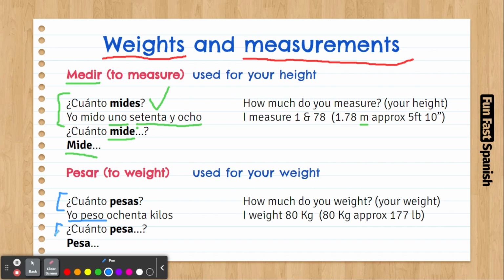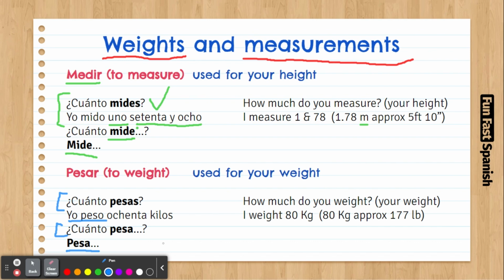If it's a third person thing, ¿cuánto pesa? It's like, how much does it weigh? And then you say pesa, whatever the number is. Let's say you go to the supermarket and you want to buy fish, and there is a beautiful fish there and you want it. If you want to order these kinds of products, like fish or meat, things you have to weigh, you have to say un kilo de pescado, or un kilo de carne, un kilo de pollo, un kilo de whatever you want.